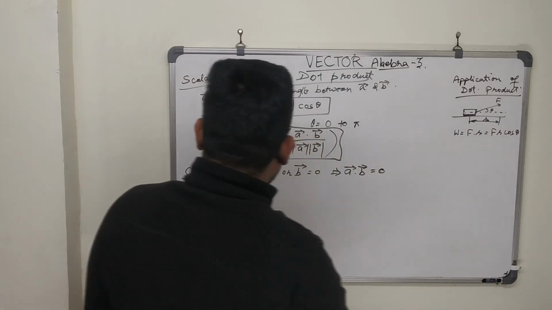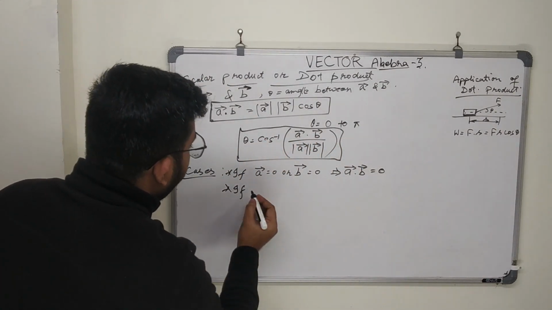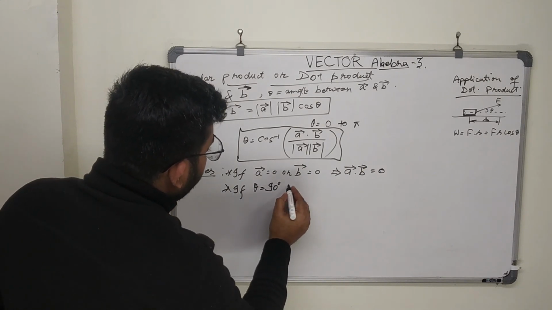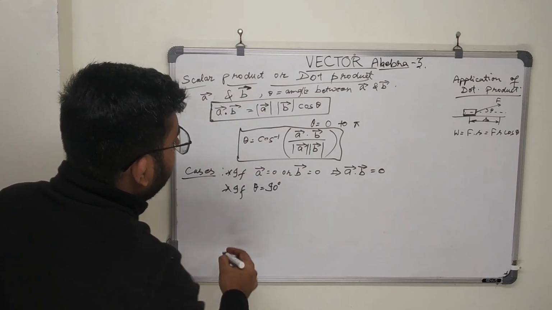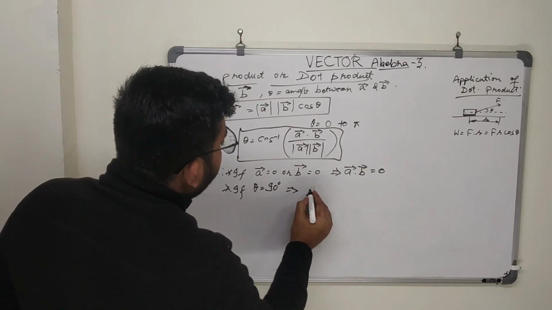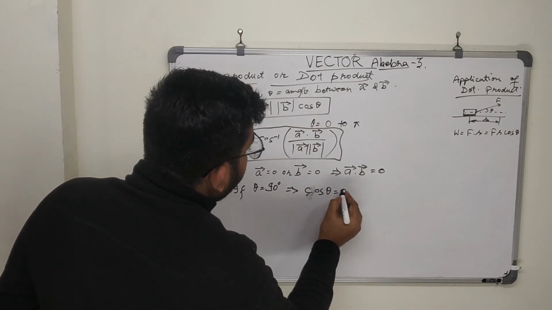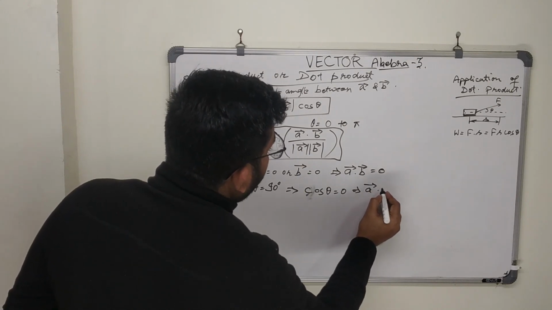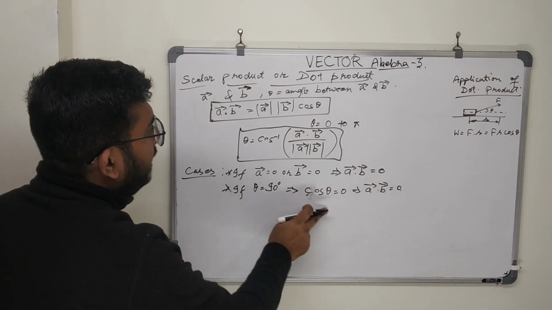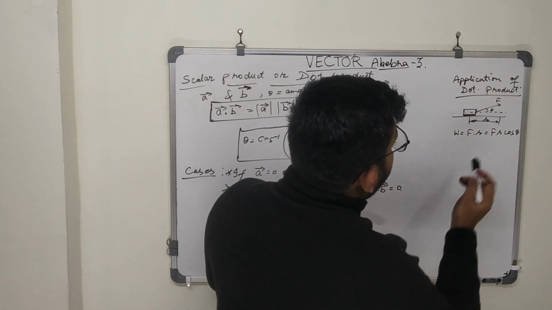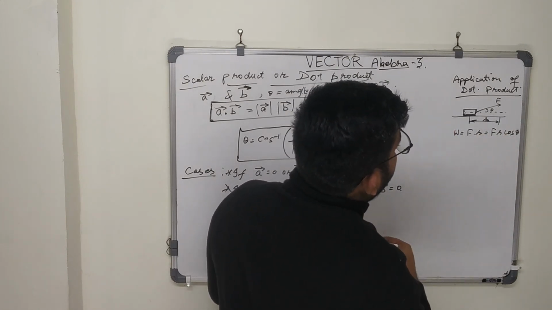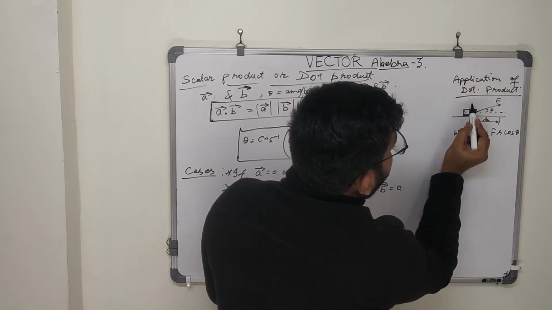एनी मोर. Now the second case, that is if theta equals to 90 degree between A vector and B vector, in that case also cos theta will be 0. So A vector dot B vector will also be 0. You can also understand this by this example. मान के चलिए जो हमारा ब्लॉक है, आयरन ब्लॉक, उसको हमें S दूरी से डिस्प्लेस करना है, बट द फोर्स इज अप्लाइड ऑन दिस डायरेक्शन.